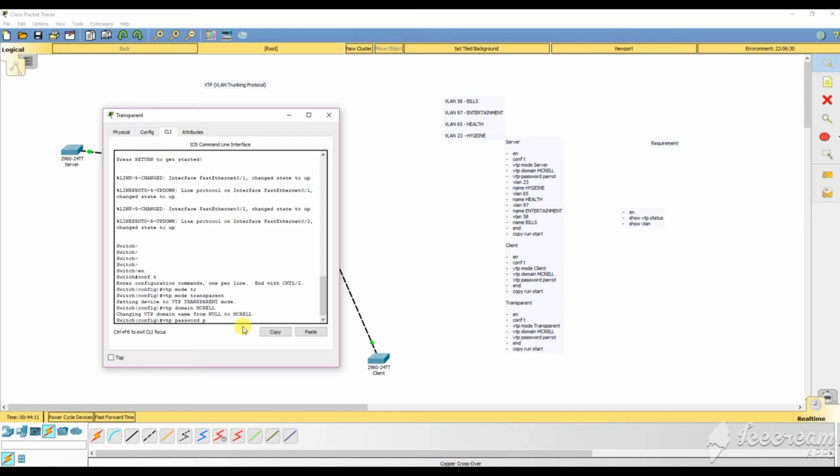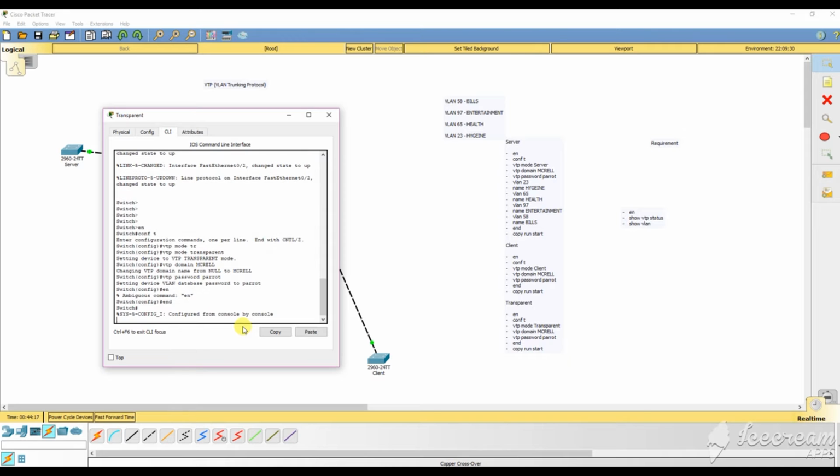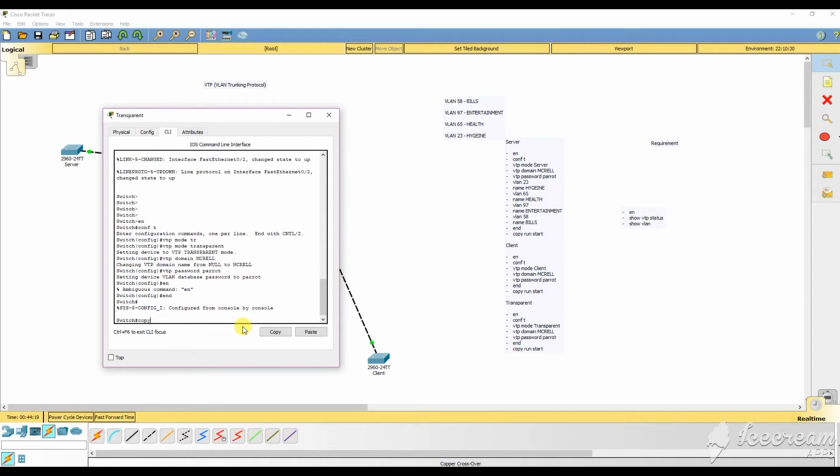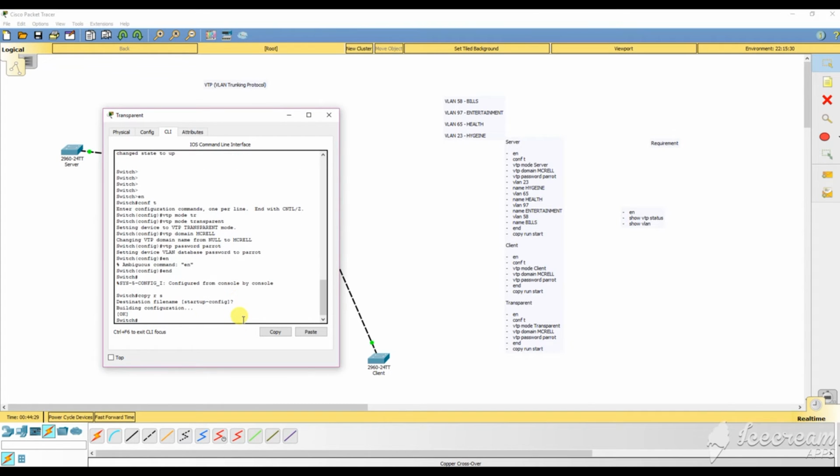Let me make sure I actually do the password this time. I don't want to skip it. Whoops. And now we're in privilege mode, and we're going to do copy RS. Alright, and then enter for default. And then now